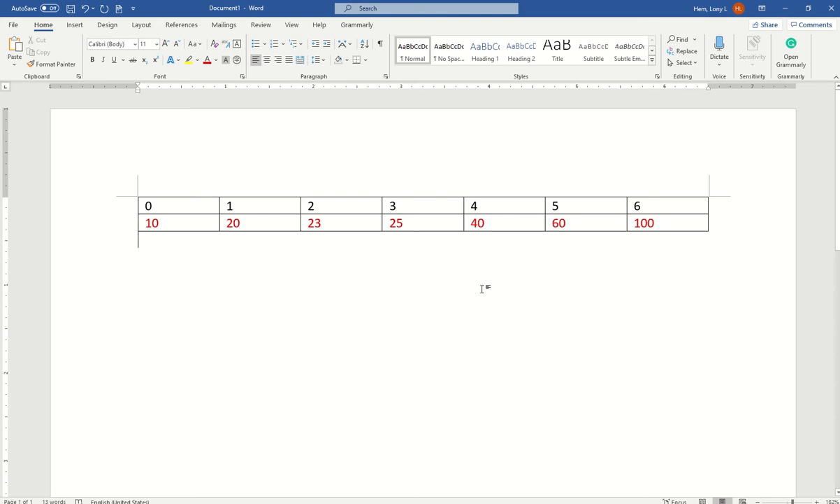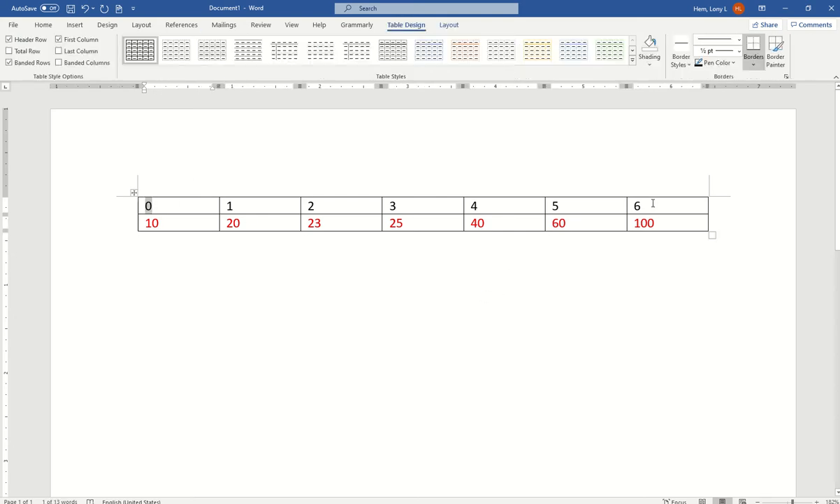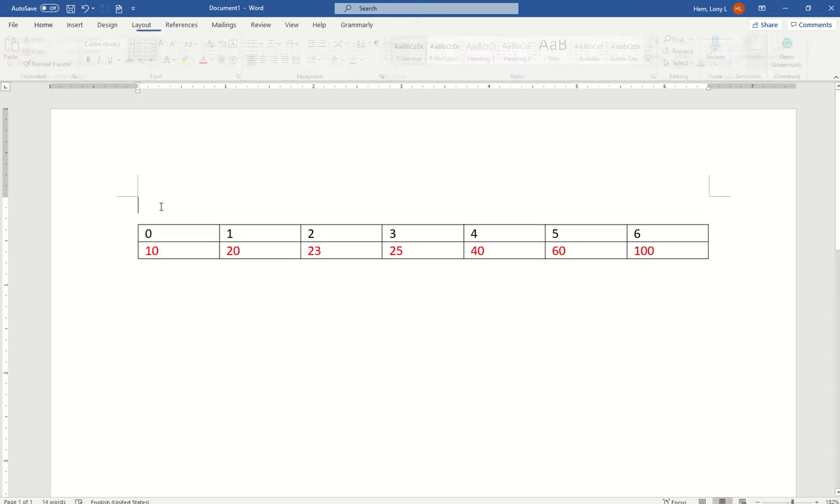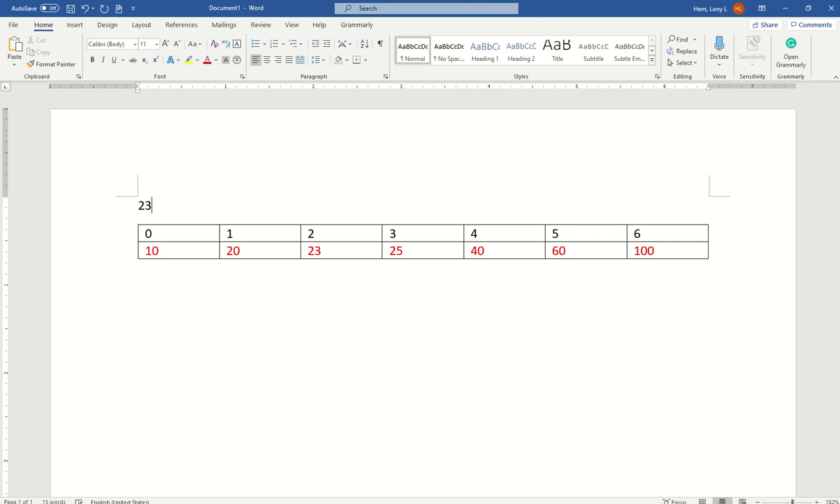And the way the binary search works is it calculates the middle. So it grabs a 0, grabs a 6, adds it together, divides by 2, and it gets the value 3. Now if that's a 7, you'll round down to 3. And then you'll look at 3. So let's say you're looking for the number 23. The target value is 23. I want to know if 23